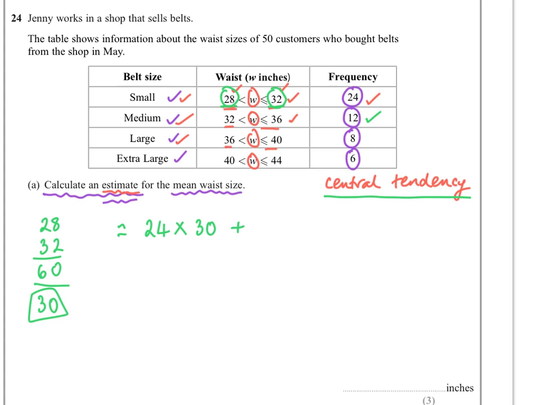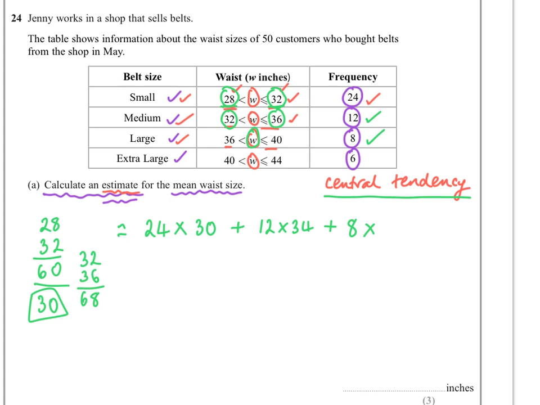Likewise, we're going to say that 12 of them were halfway between the 32 and the 36. So if we do 32 and 36 and add that up, we get 68, and half of that is 34. So we're going to have 12 lots of 34. Then we're going to say that 8 of them were, well, not 36.5, not 37.2, we're going with the middle